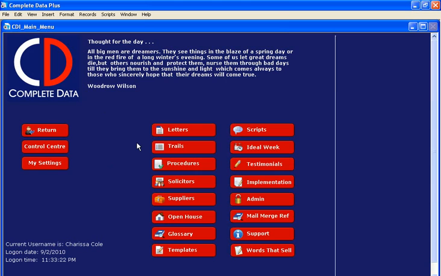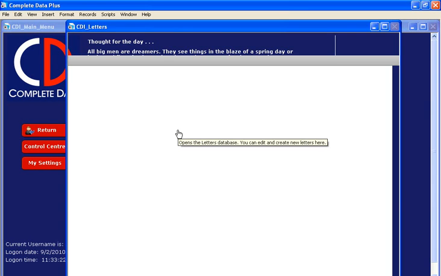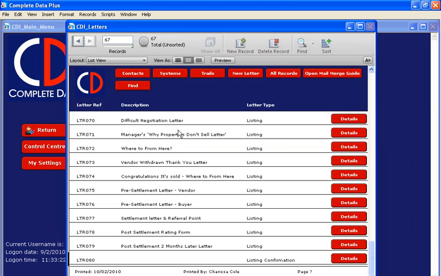Now in the systems database we're going to be doing quite a bit of work over the next 20 minutes in this area. We're going to customize the standard letters that you get within the purchase of Complete Data. We need to come into the letters area and click letters. In all the databases that you click into within Complete Data, you will always be brought through to the list view format here. We're just going to scroll to the top of the list view,